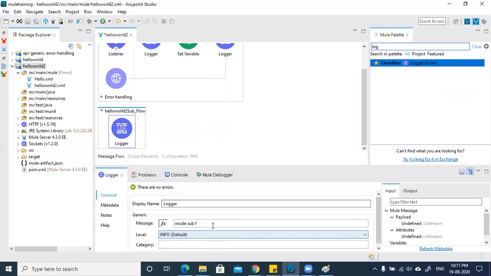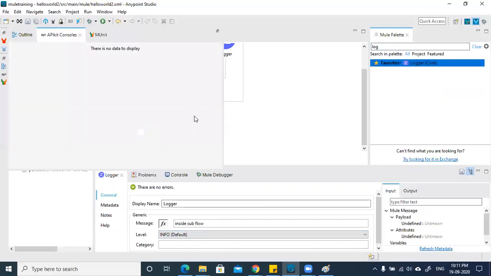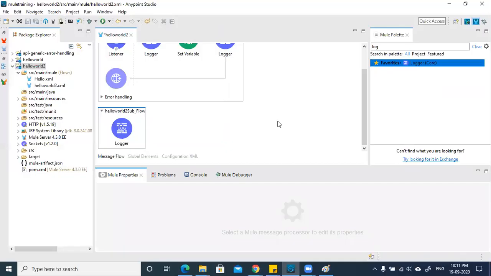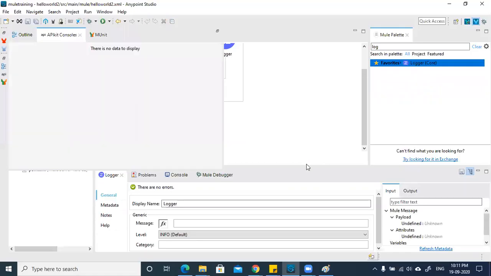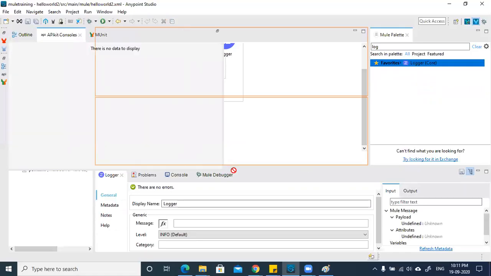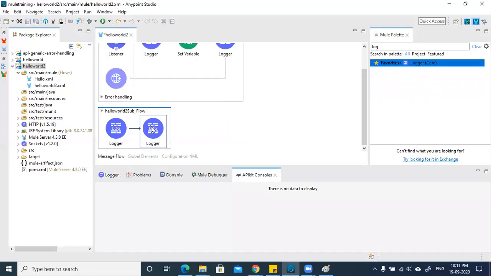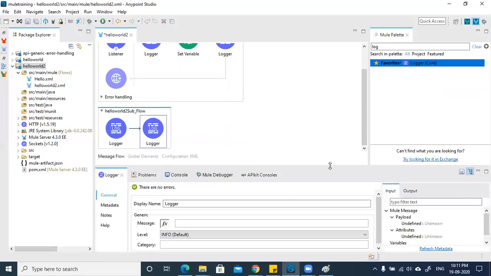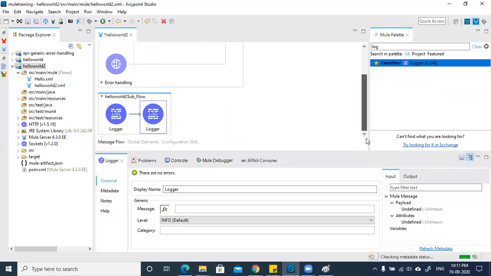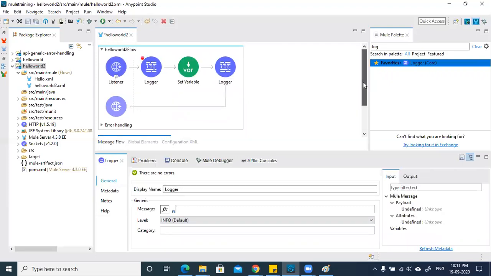Okay, that's a flow. I want to add one more log component here, right? Now I want to print, or I want to access values or variable or the payload,